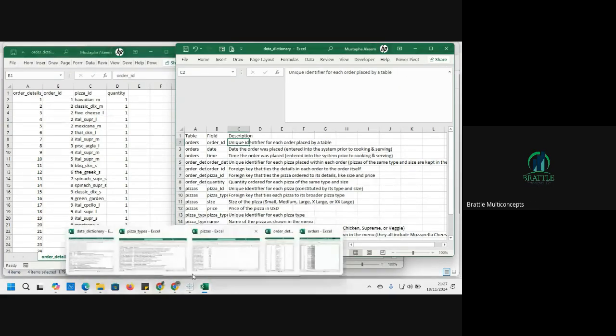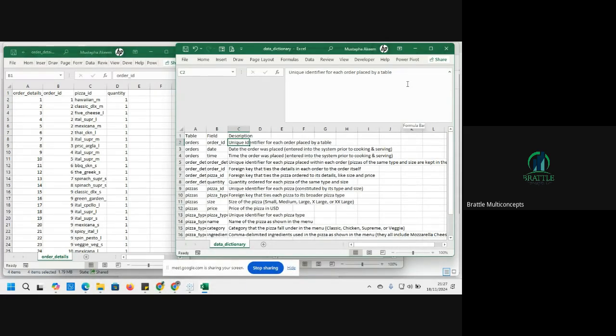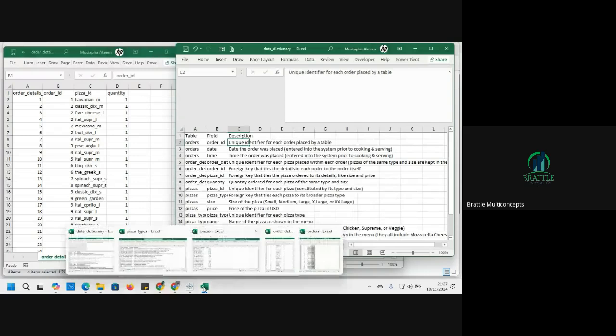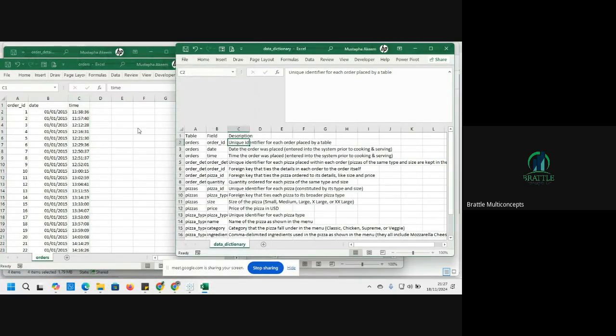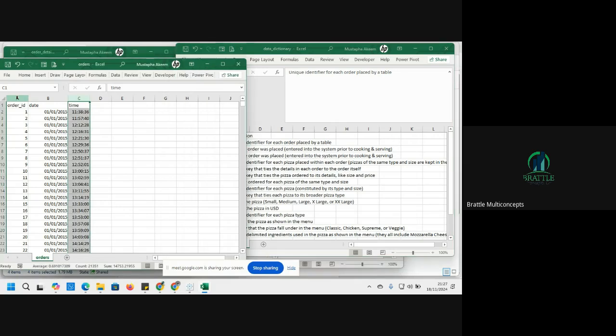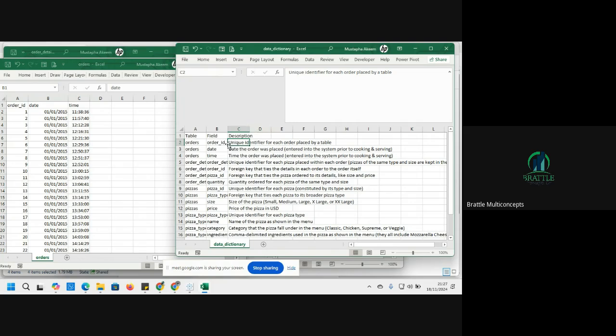So we are looking at the data set on pizza place sales. The first table we look at was the order ID. The order ID table has three columns: order ID, date, and time. And if you look at the dictionary, it said the order ID is a unique identifier for each order placed,